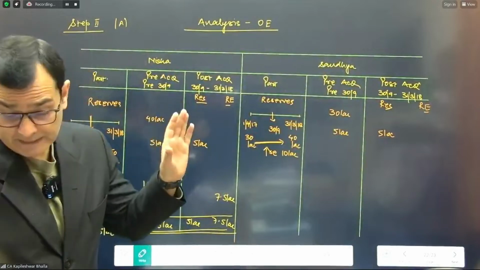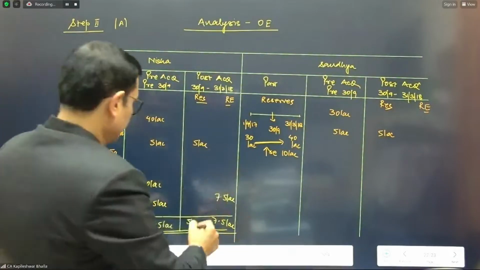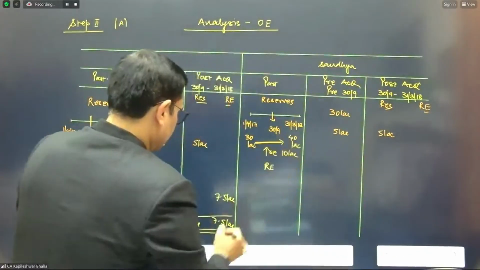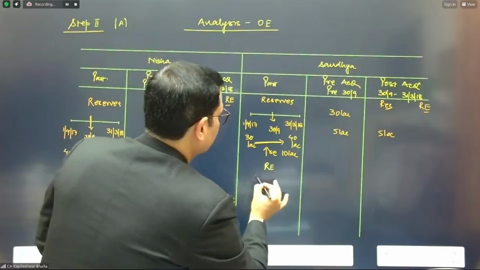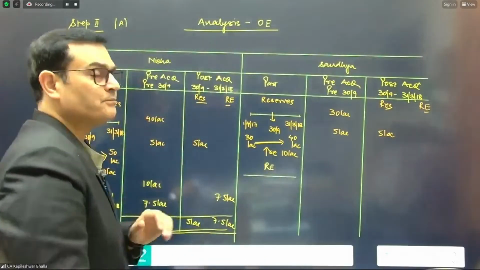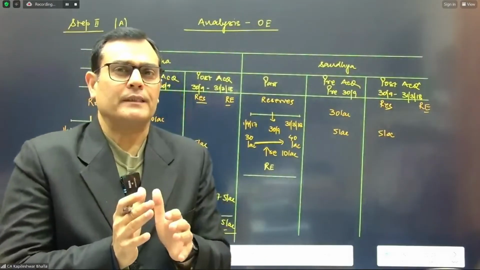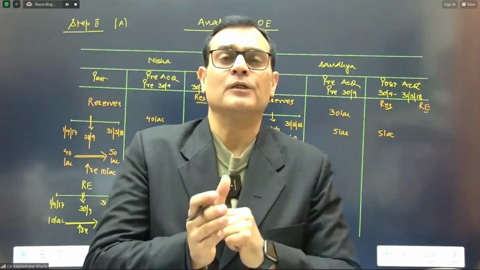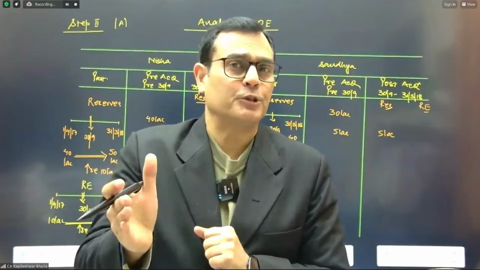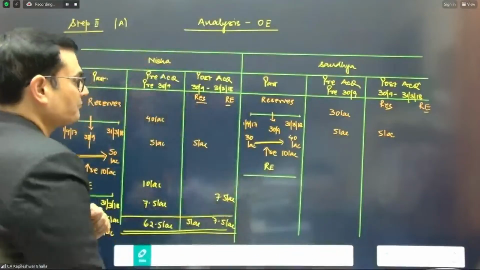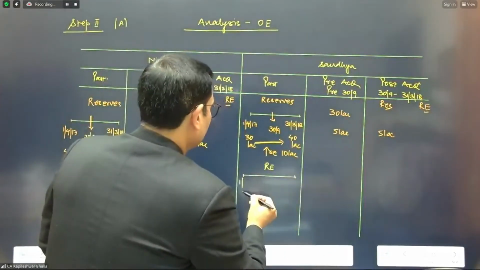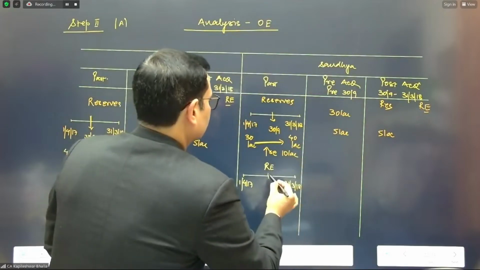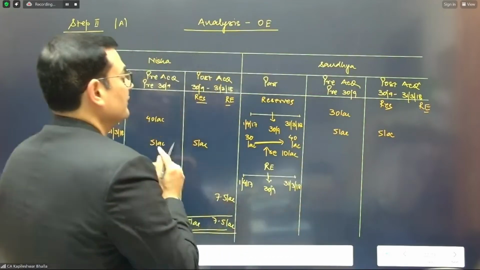Okay, reserves is done. Next item in the balance sheet is supposed to be retained earnings. So here again, we're going to consider a time scale. Remember, if you make a time scale, your life is going to be quite simple because it'll give you complete control in terms of deciding that this is the position on acquisition date or at the beginning of the year. So accordingly, the increase is in a time ratio or post acquisition, whatever. So here again, we've got the balance at the beginning, 1st April 17 and at the end, March 18. And the acquisition date is 30th September, middle of the year.